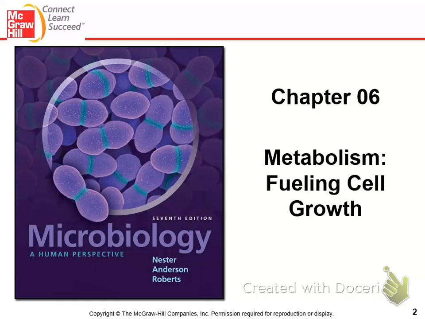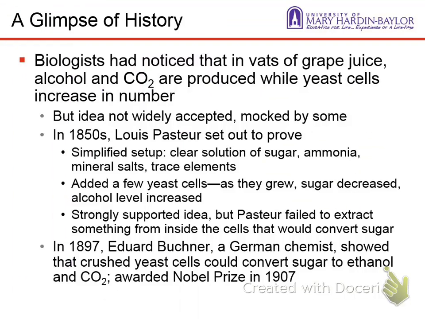So you're familiar with metabolism, and one of the big things in metabolism is a lot of things were understood in microbes again. And so way back in the 1800s, we had Pasteur, we had other guys trying to figure out what was going on with the sugars, the carbohydrates, the other things that were being put into solution, and then yeast being added. What was going on, and how did that sugar get converted from sugar to alcohol and gas and other things that are produced in that fermentation process?